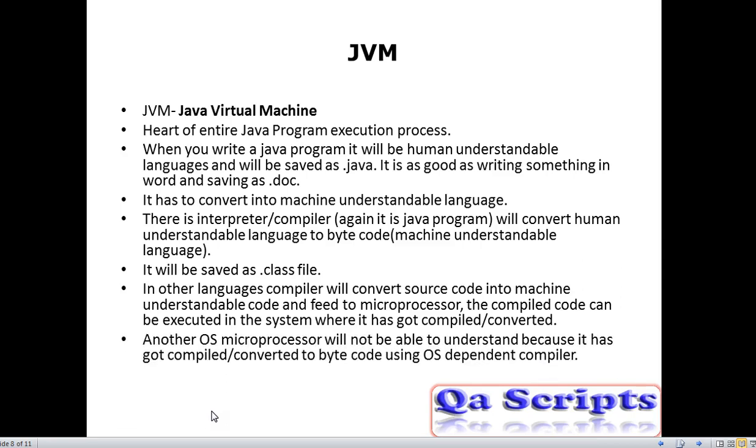Another OS microprocessor will not be able to understand it because it has been compiled using an OS dependent compiler. Such languages are considered OS dependent. For example, the C program.